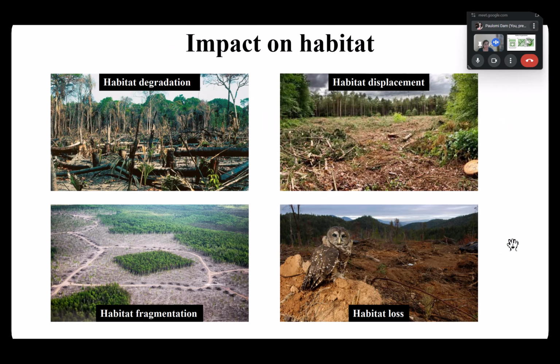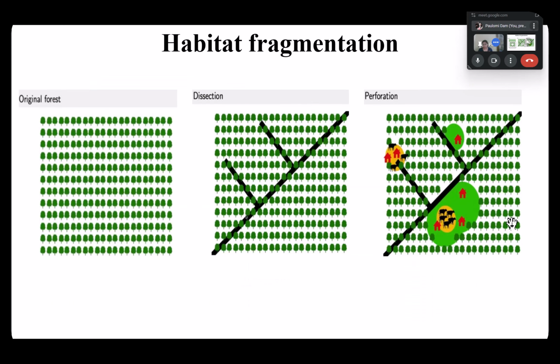So this fragmentation that we just saw, where you see a patch of the land is removed or isolated from all the other land, doesn't happen overnight. There is a constant, gradual process of how habitat fragmentation takes place, and we will see that now. So let's go over this image. This image was already discussed in the lecture. I will just discuss this once again so that you are able to understand it better.